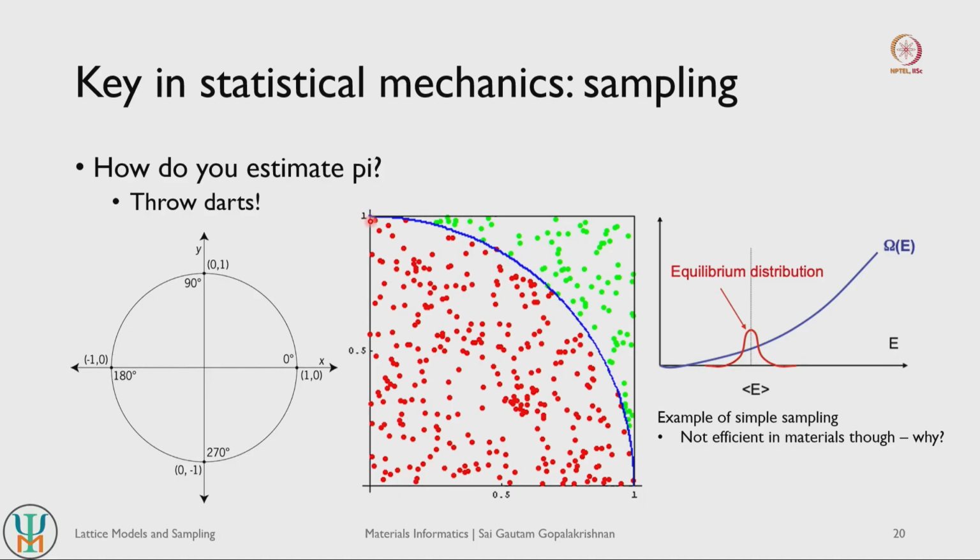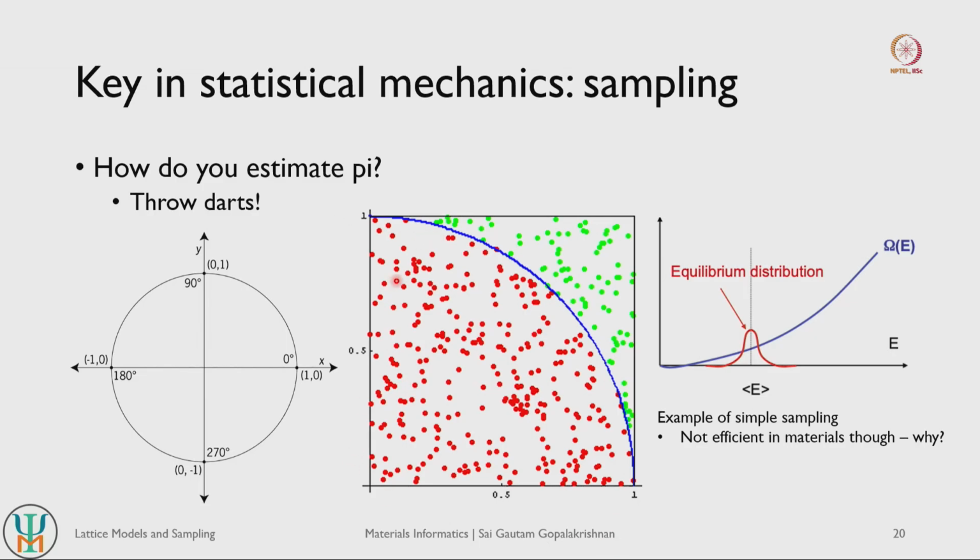So if you identify the total number of dots within the circle, and if the number of dots is large enough, then the total number of dots within the circle should approach the area of the quadrant itself, which is pi by 4. And if you also include the dots that are outside the circle, then that quantity should approach the area of the square. So you should be able to statistically get a value for pi by 4, right. As long as you throw enough dots, you should get a value that is very, very close to the pi by 4 value or the value of pi.